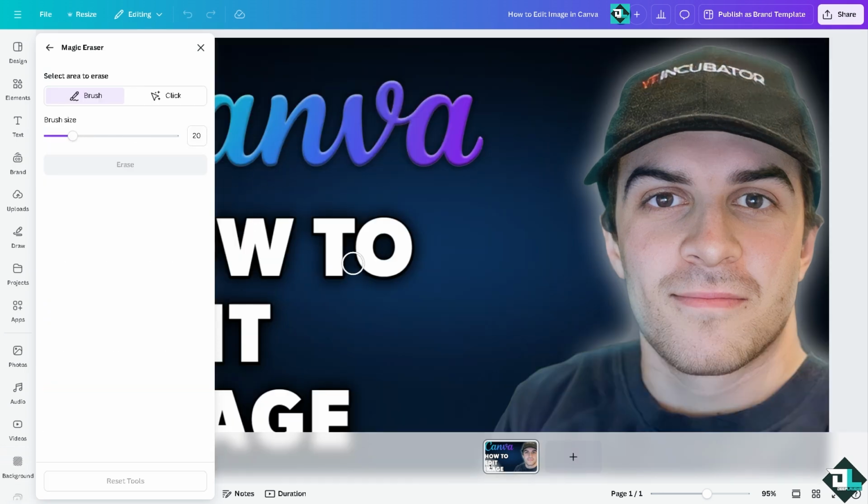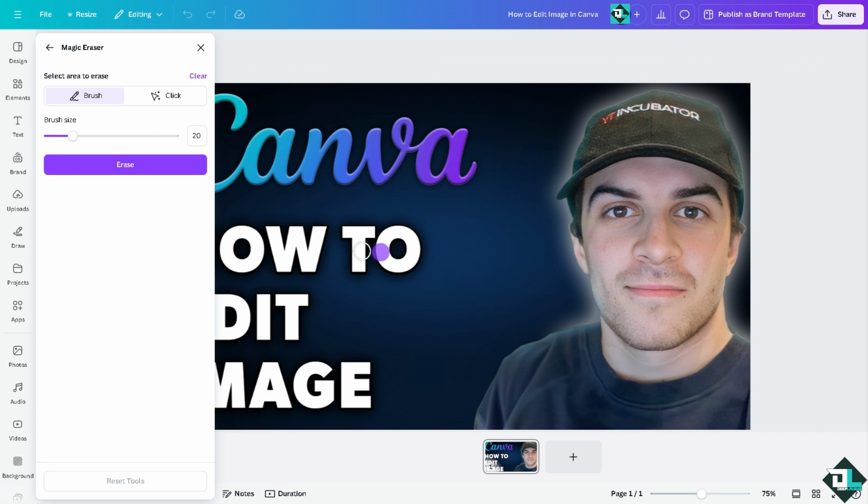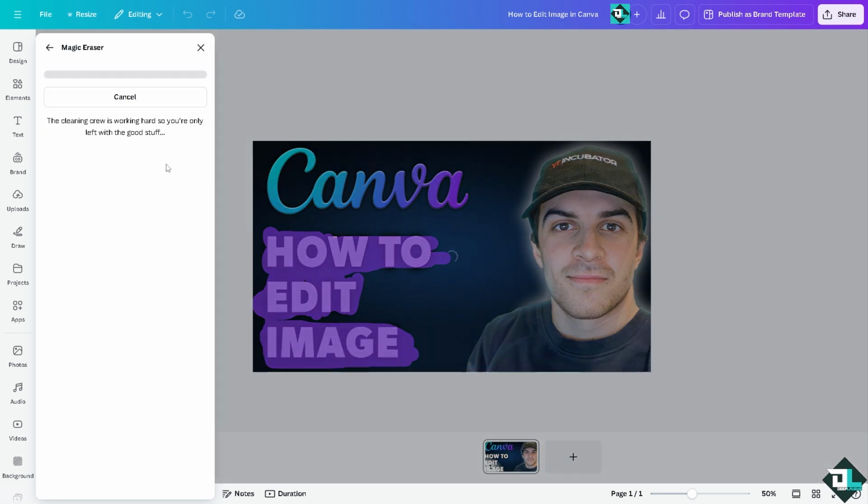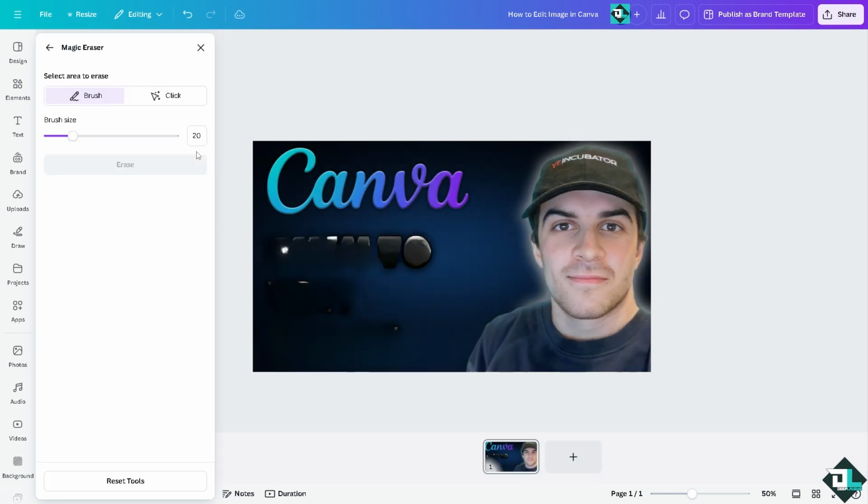Now, the magic eraser right here is one of the best tools here in Canva. If you wanted to remove a part of the graphics, for example, the text right here, you see the surface area that is being affected. That's not putting a purple color. Instead, that is going to be the surface area which is going to be affected when I click this button that says erase. Right? So wait for it. It'll take a little while,